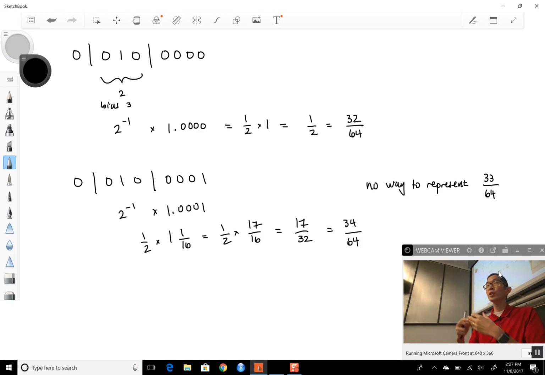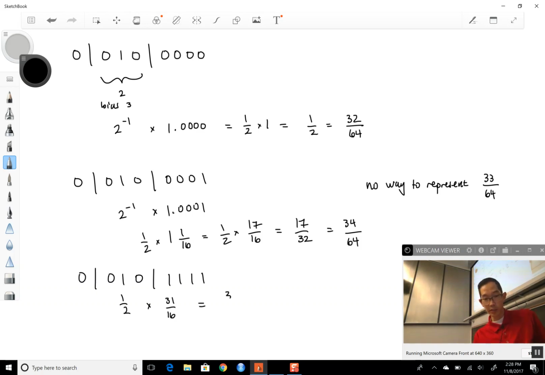As the numbers get larger, so then we start representing whole numbers, then the amount we can increment will get larger as well, to basically 16ths, and so on and so forth, okay? So with this one, the largest value will be 1, 1, 1, 1, which is going to be 1/2 times 1 and 15/16ths, or 31/16ths, and so we get 31/32nds. This is going to be the next thing, and then the next largest value is going to be 0, 0, 1, 1